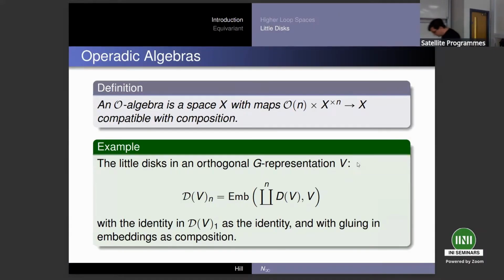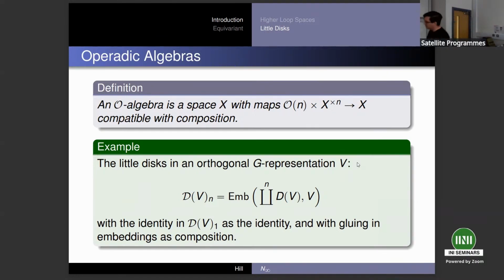Okay, so once I have an operad, then I can talk about operadic algebras. In this case, I've got a G space X, I have some fixed operad O, and I ask that I have a bunch of maps O of n cross X to the n back to X that are compatible with composition. Again, I forgot to typeset that the cross is actually supposed to be cross over sigma n, so that the symmetric group is acting on both pieces. It acts on X to the n by permuting the coordinates, and it acts on O of n because that was part of the structure, and then I'm identifying those two things.